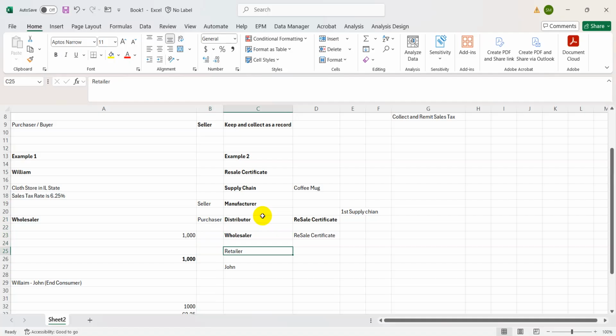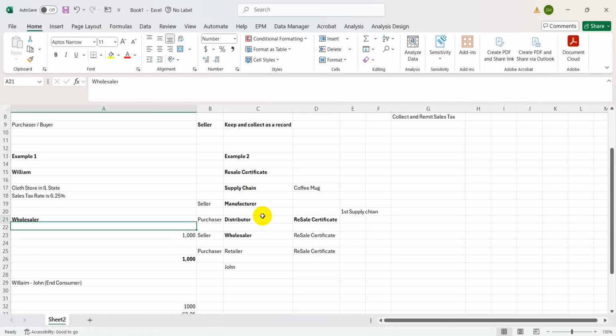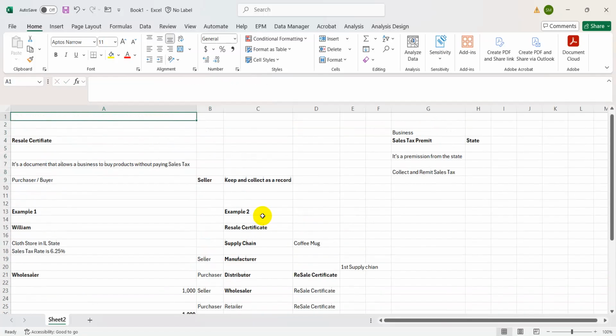Now the next part is the retailer. The retailer will go to the wholesaler, and again the retailer will show his resale certificate to the wholesaler. The wholesaler is the seller here, and the retailer is the purchaser. In my initial example, I have already told you that the resale certificate is going to be